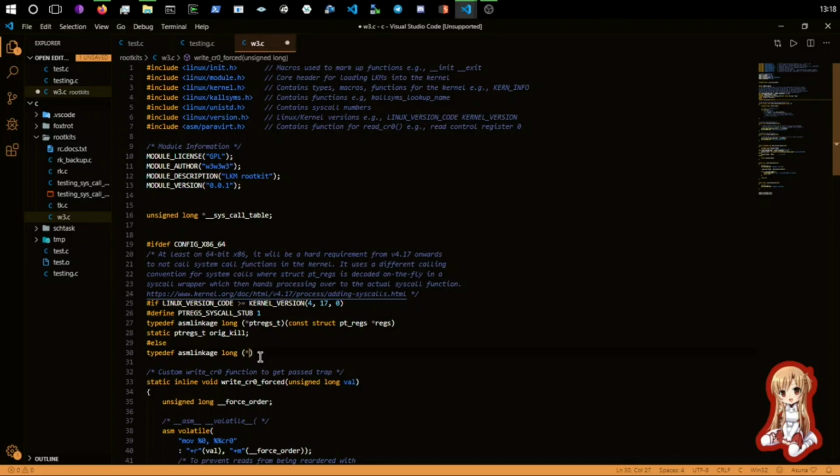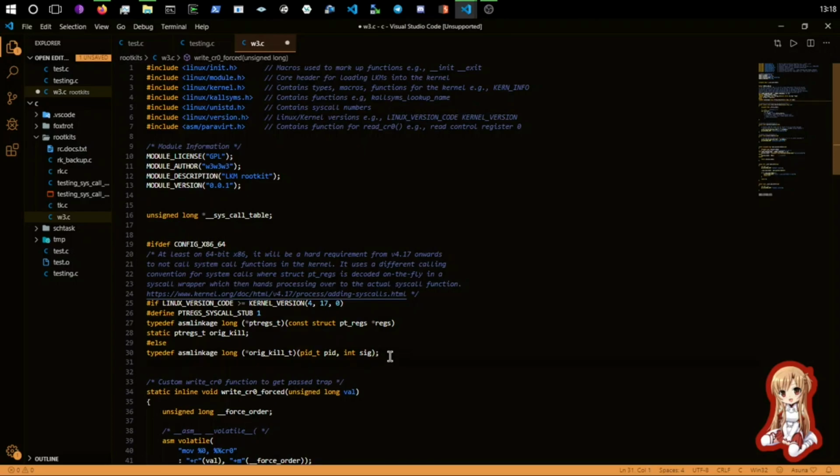we're going to do pointer orig_kill_t. So we're still making a function pointer typedef, because it's going to be useful in a minute, as you'll see. But the arguments are going to be pid_t pid, and then int sig. These are just the same arguments as if you were to look up the syscall in the kernel GitHub code, etc. So yeah. And now what we can do is orig_kill_t, and then orig_kill,